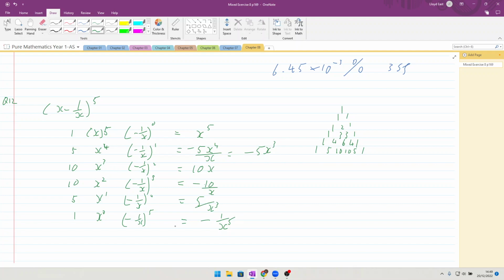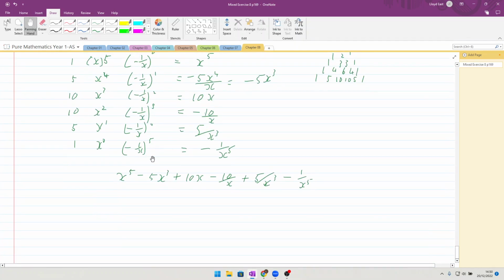Alright, so we end up with, finally, x to the 5 minus 5x cubed plus 10x minus 10 over x plus 5 over x cubed minus 1 over x to the 5. I don't think that cancels particularly much more. You could do things where you take the x to the 5 out, but